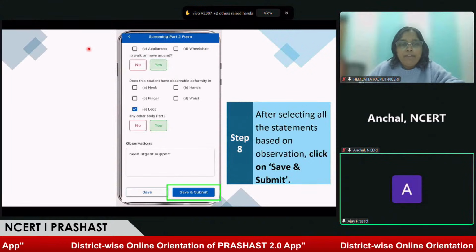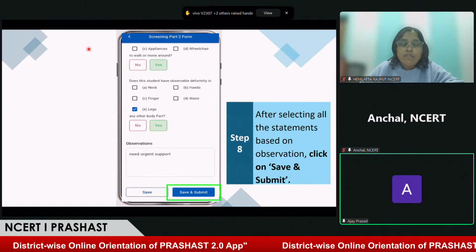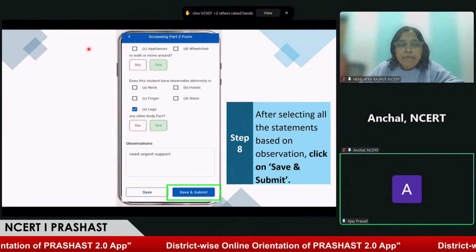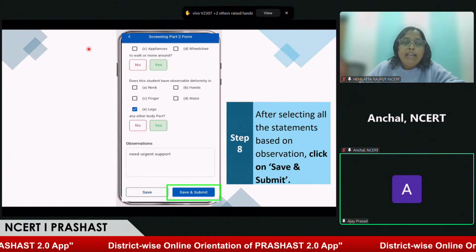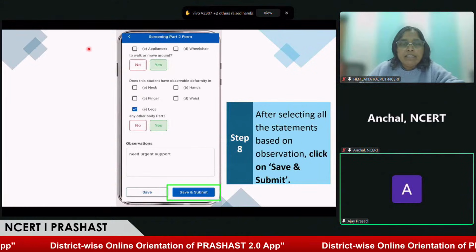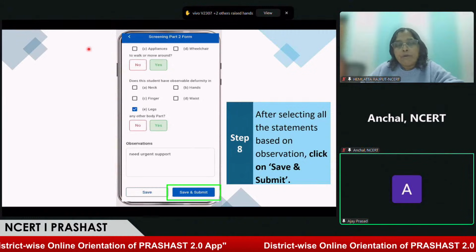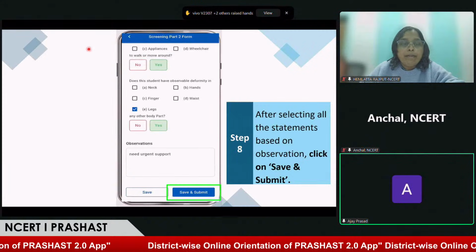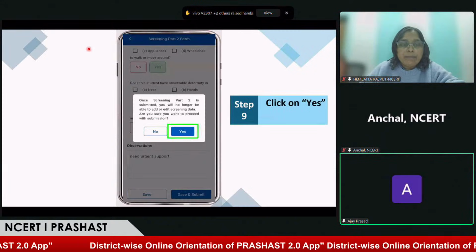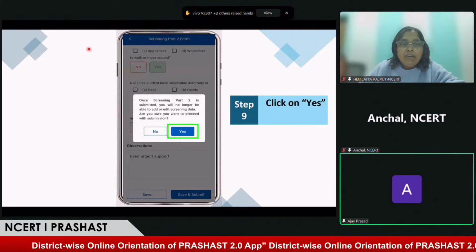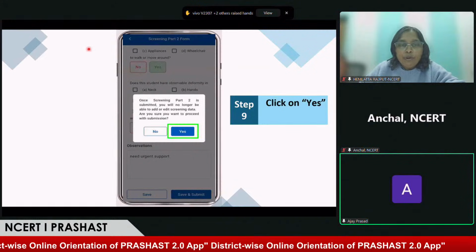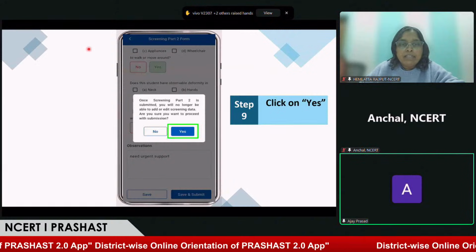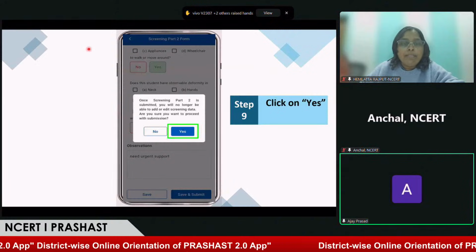Observation is also available for the special educator. You can write an observation for this child. If you feel that this child needs urgent support or has any requirement, you can definitely write here. And finally, if you are clear that this information filled by me is correct and appropriate, you can click on the save and submit button. I'll try to click on the save and submit button. Let's see. Now this application is asking me, are you sure you want to proceed with the submission? If as a special educator, I'm sure that this information filled by me is correct and appropriate, I will click